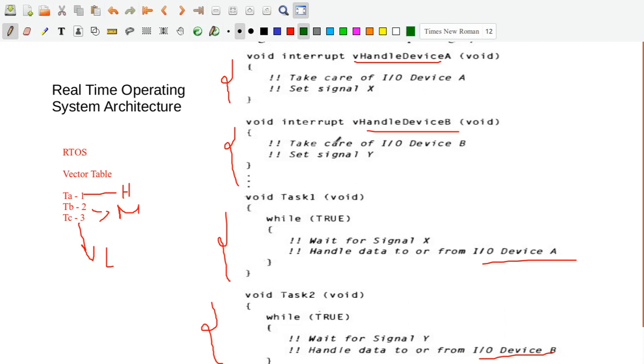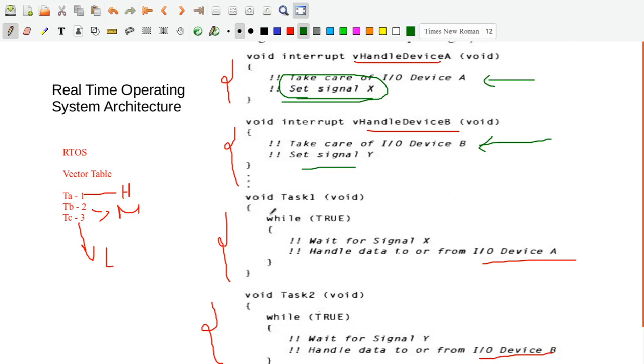Now what happens here is that any of the devices, whenever it raises the interrupt through this signal, of course different mechanisms are being employed. Just a pseudo code that has been written here, we have written this signal X. Signal X is raised whenever input output device A raises the request. When input output device B raises the request, you set the signal Y.